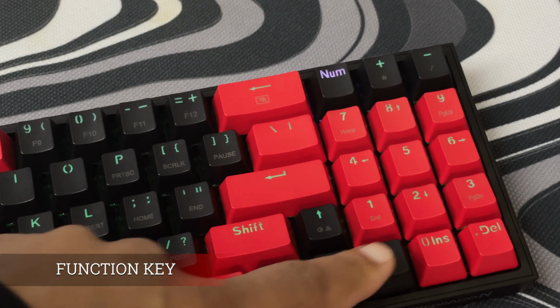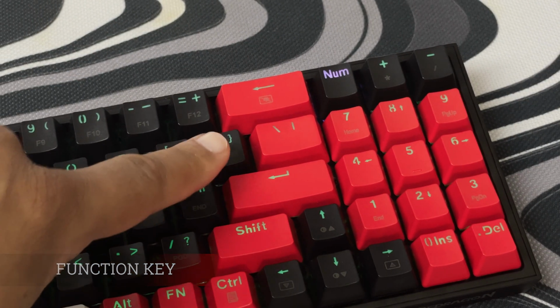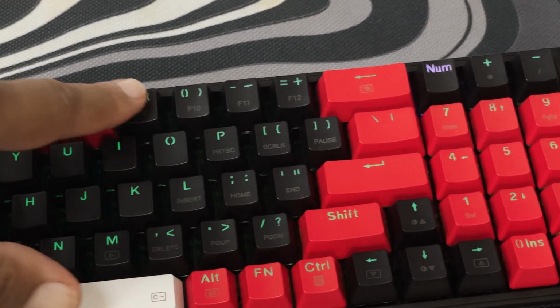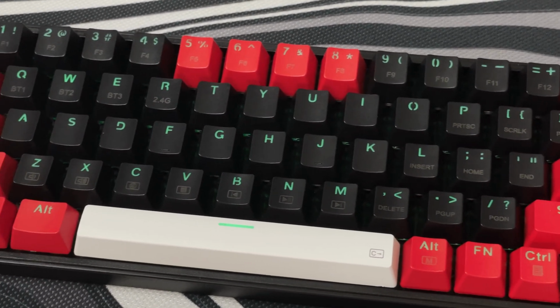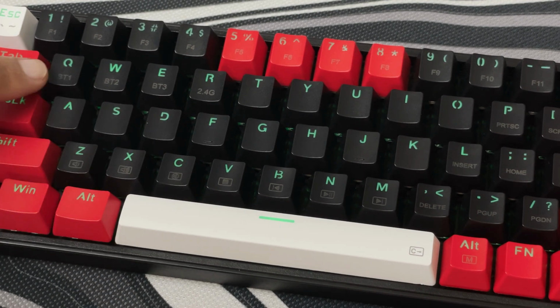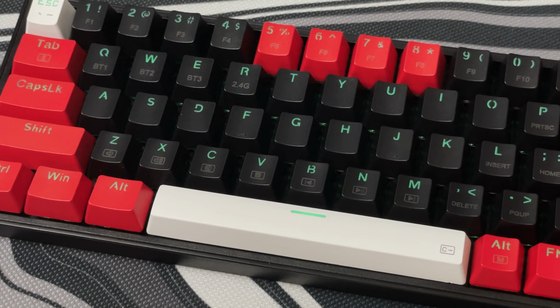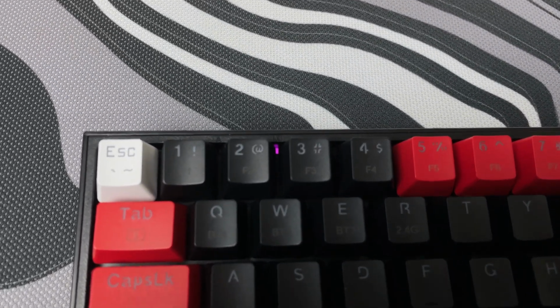colors. Speaking about that function key, because this is a 75% keyboard, some of the keys have to do double work. By holding down the function key and pressing corresponding numbers, the F keys will become available. Also, other commands are found under other keys like home, end, print screen, insert, delete, and all your multimedia keys. This is also where you can select between 3 Bluetooth connections to pair to your keyboard, like your phone, tablet, and PC. There also are indicators on the left to show caps lock and what connection mode you are